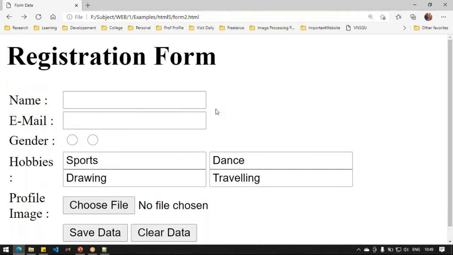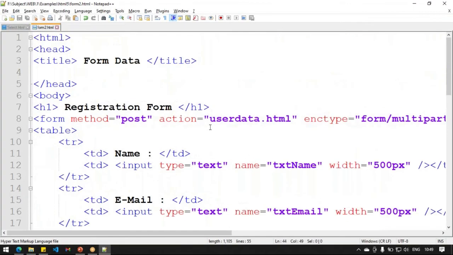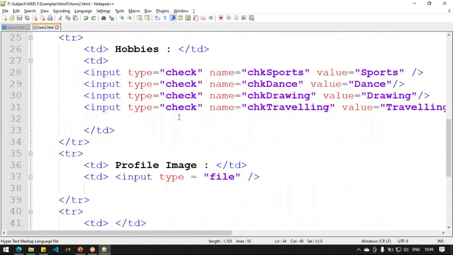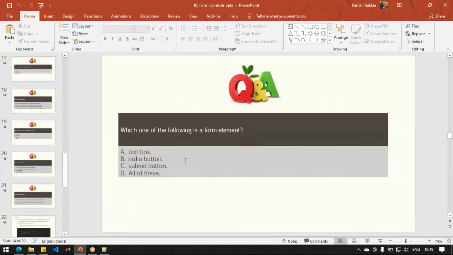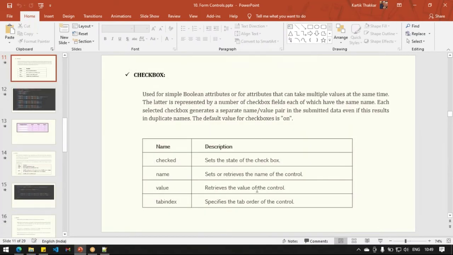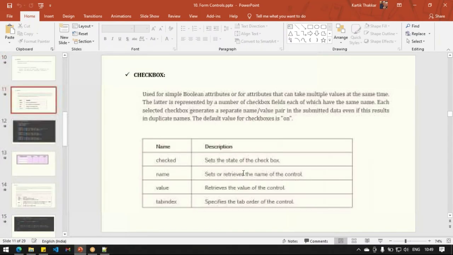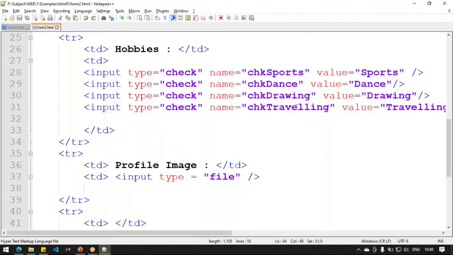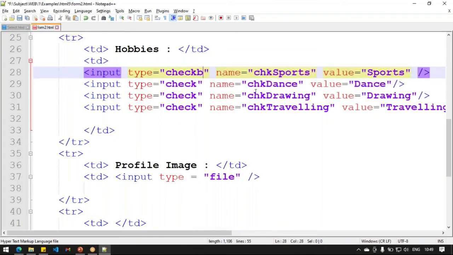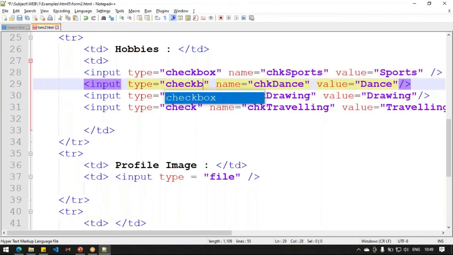Oops. What happened to this? Checkbox should be there.